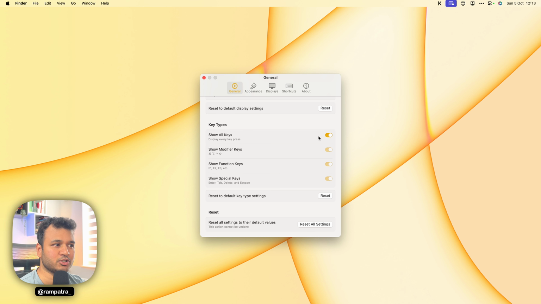You can either enable show all keys, which means that whatever I type, let's say I type A or B or C, all the keys will be shown here. But if I disable that, then I get more controls here. So let's say if I want to show just the command keys, which is the keyboard shortcuts like this one,